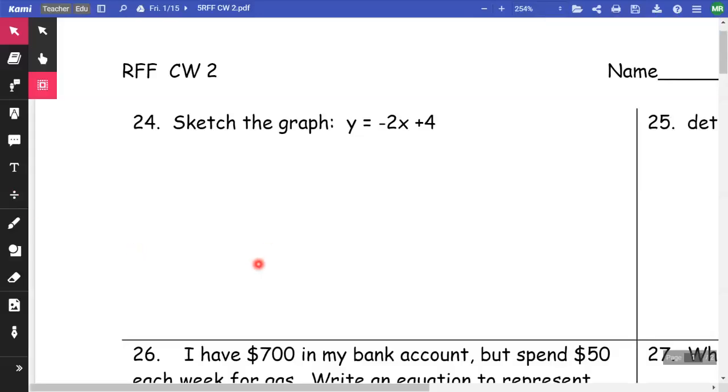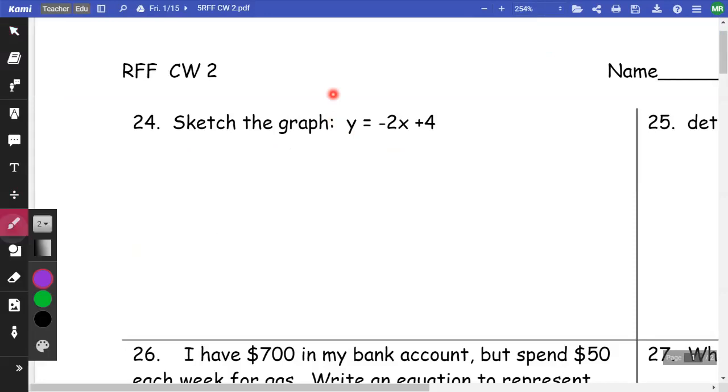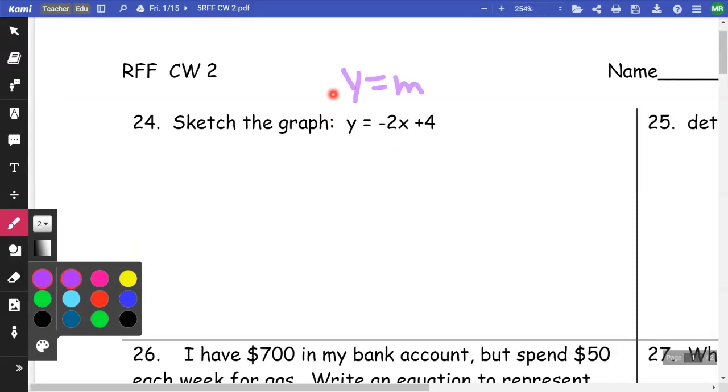So this video is for Integrated 1, RFF Classwork 2 from Friday. On this first one, we're going to sketch the graph of y equals negative 2x plus 4. The first thing is to remember that the equation of a line is y equals mx plus b,